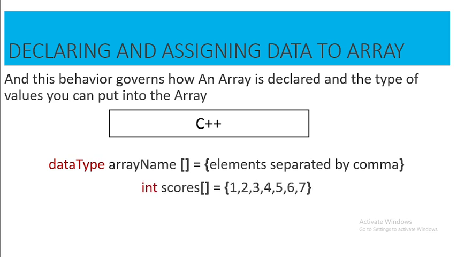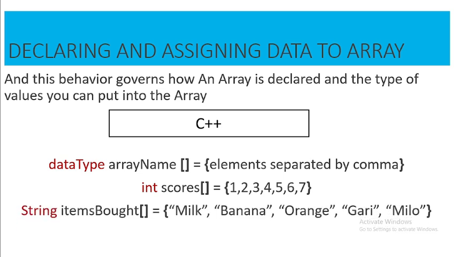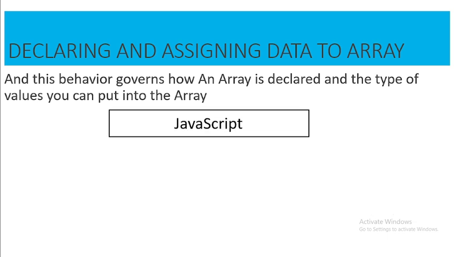So Java and C++ also enforce that behavior. If you declare an array with integer, all the members must be integer. If you declare an array with string, all the members must also be string. We can't combine different data types. But for JavaScript, which is a dynamically typed language,